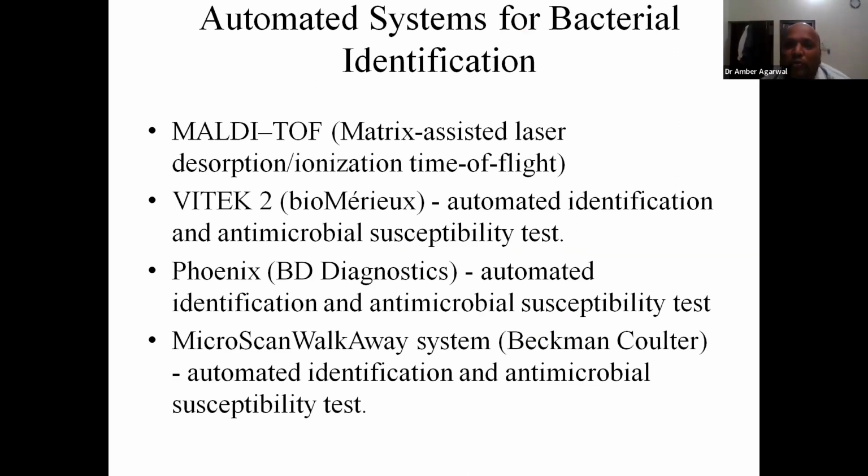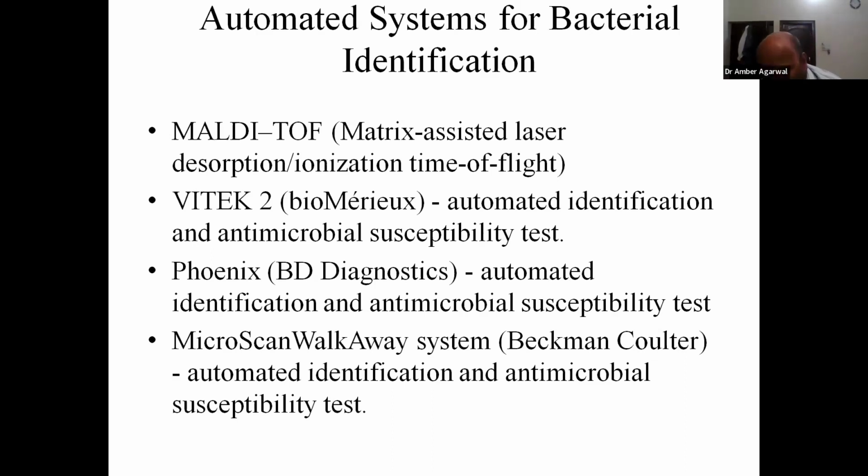These are the automated methods for identification. Number one is MALDI-TOF, Vitek, Phoenix, and Microscan. Has anyone heard about MALDI-TOF? I have heard, but I have not used it. MALDI-TOF is like, one of its functions is to identify the bacteria, but it